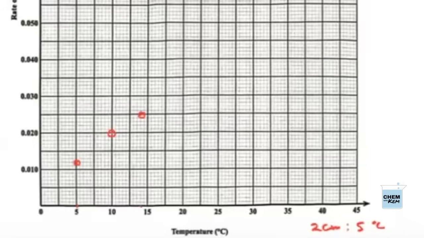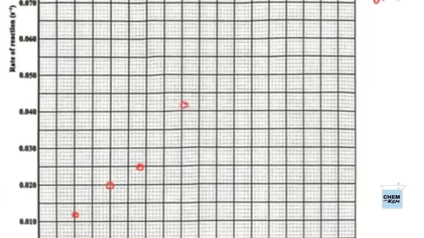Then at 20.5, we have 0.042. At 20.5, 20.5 is here. We're gonna go up, we have 0.042 at 20.5. We put our encircled dot, and then at 27, we have 0.067 at 27